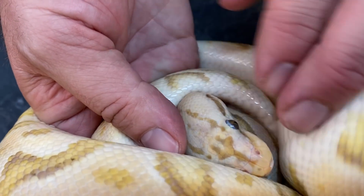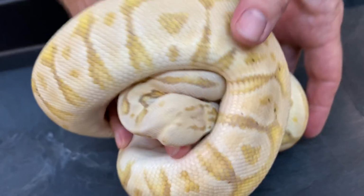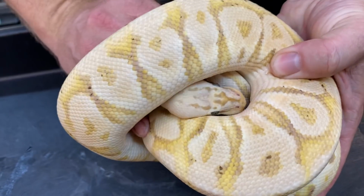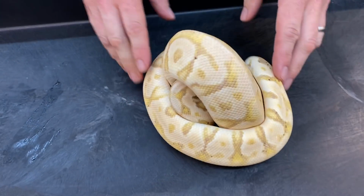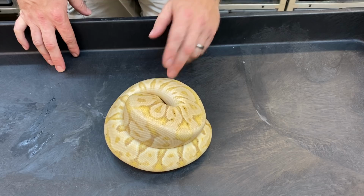Really open pattern by the eyes, kind of a reduced head pattern. This is basically the banana version of that other one that I just had out. The problem with this is, okay, so when I first started producing